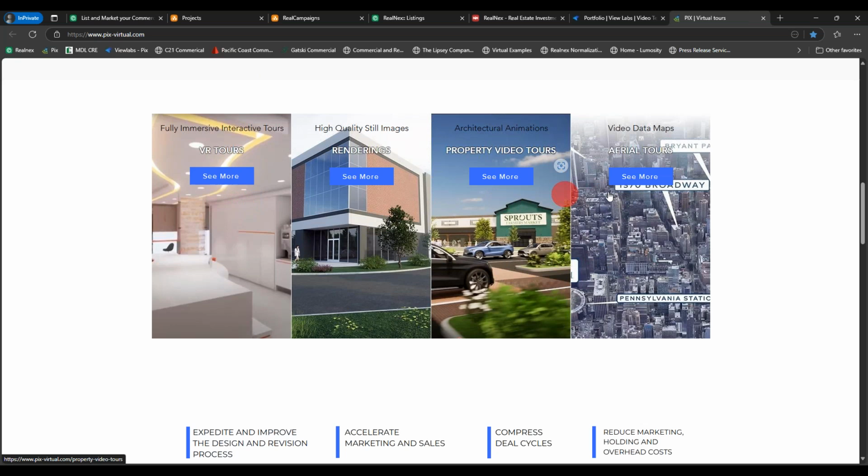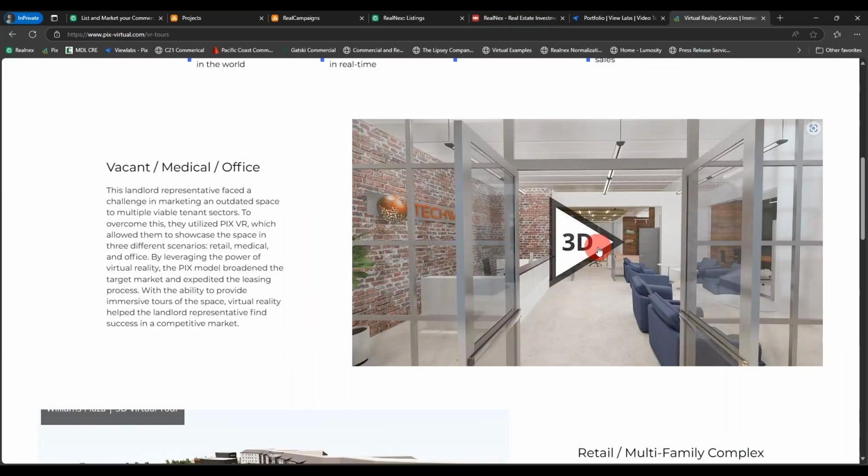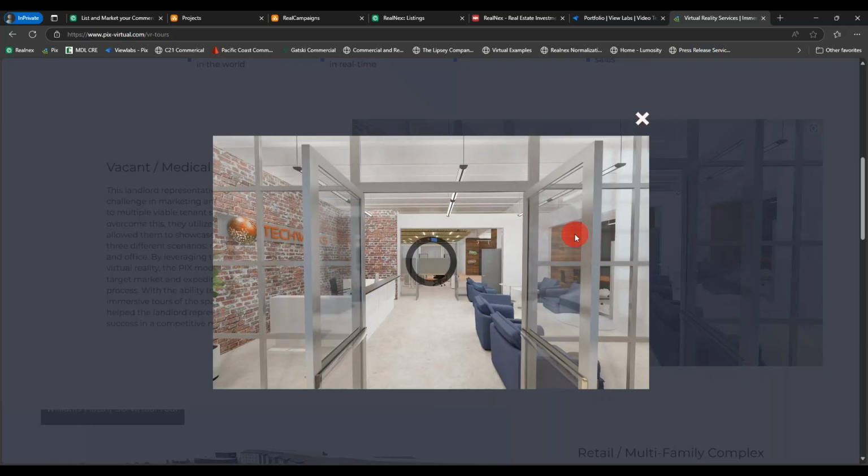Now, the nice thing about this is we can add the video into it. You can get architecture animations, you can do high stills, but fully immersive. Now, if you have those Google goggles on, the cardboard ones, if you want to show what it looks like. Recently, we had a conversation with someone who said, hey, we want to show what it doesn't look like. And I'm like, what do you mean? Well, we have a bunch of tractors in there because it's an industrial building and we want to lease it, but we don't want to move all the